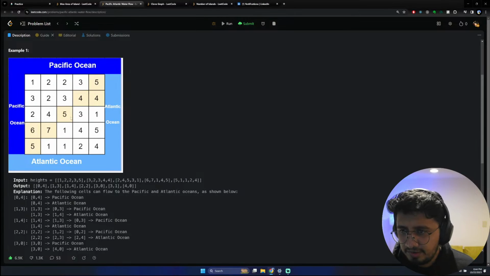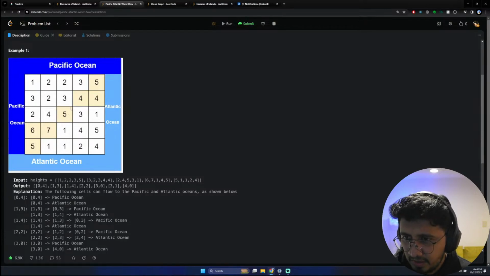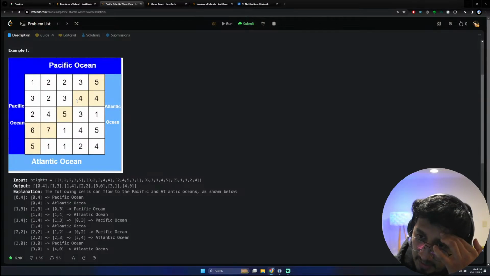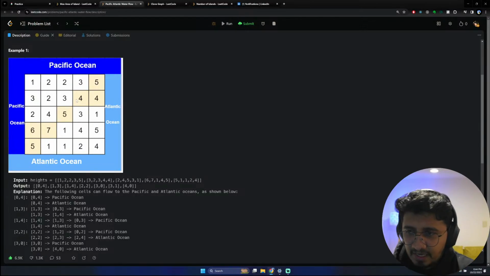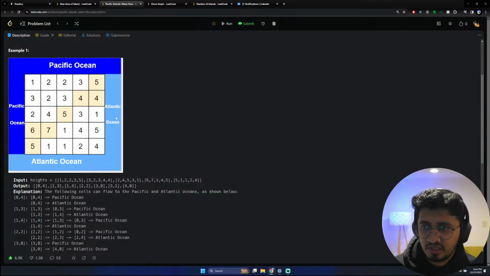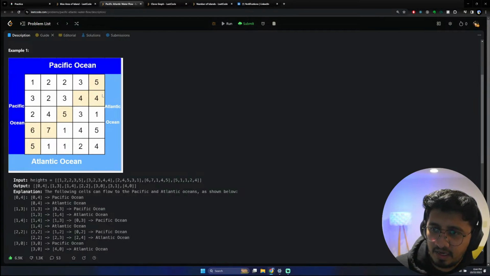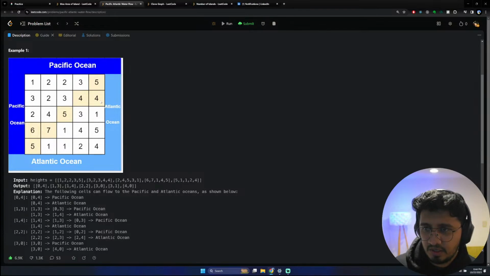How is 5 also coming in? So yeah, if you see 5 3 1, this can go, and 5 4 2 1, this can also go this way. So that's why it is part of the answer. So I guess even if we have the same height building, does it allow the water to flow? I guess the water would be flowing from 4 3 1 instead of the direct 4 4, and 4 can obviously go here, and then